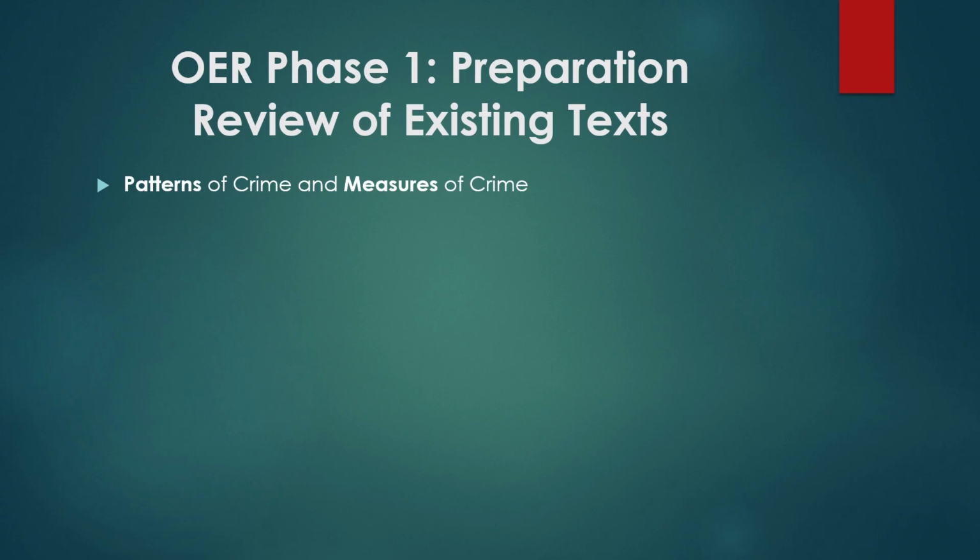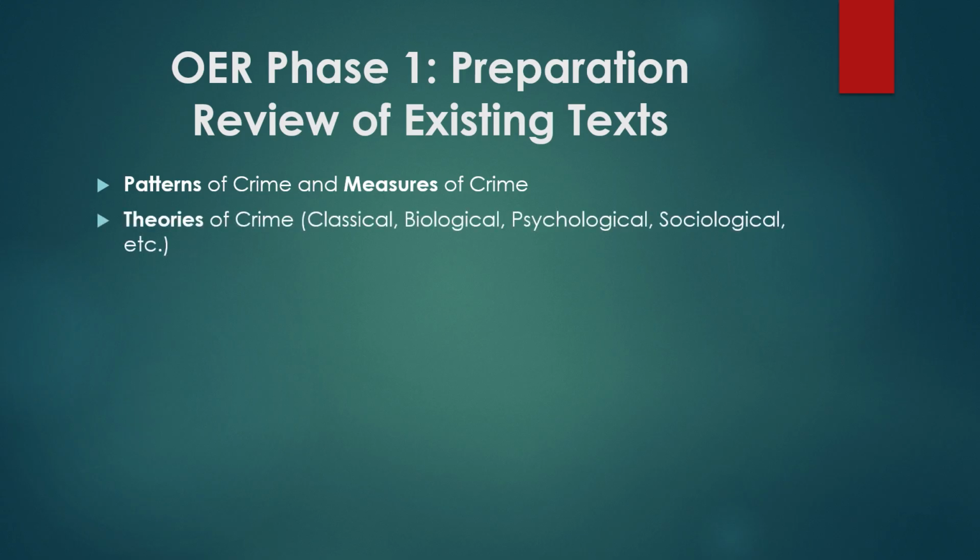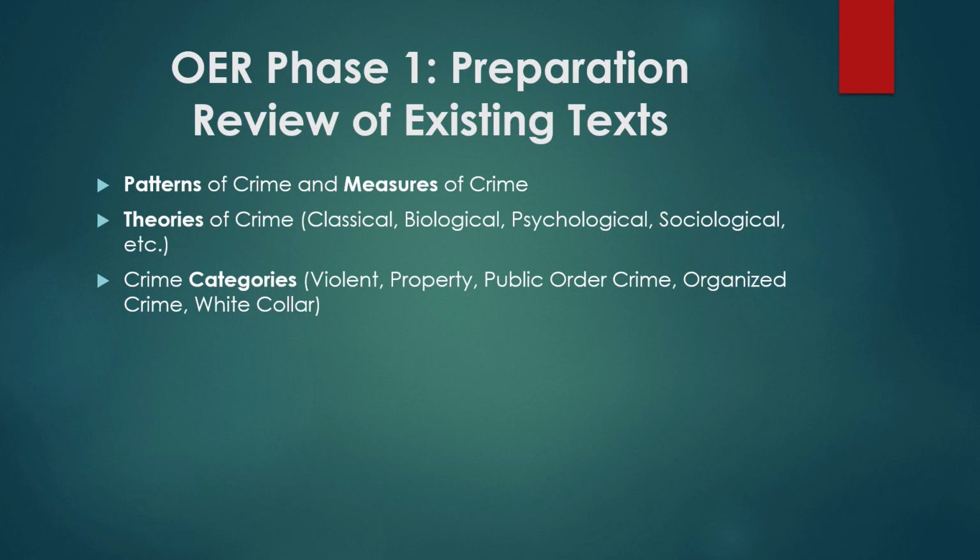in these textbooks and course outlines included a discussion of patterns of crime and also the various ways that criminologists measure crime. It also included some of the classical theories of crime, including classical, biological, psychological, sociological. These were all foundational aspects of these textbooks and these courses. In addition, all of them really talked about various crime categories and some statistics to teach students about how prevalent, for example, violent crime is, property crime, across the various provinces in the country.